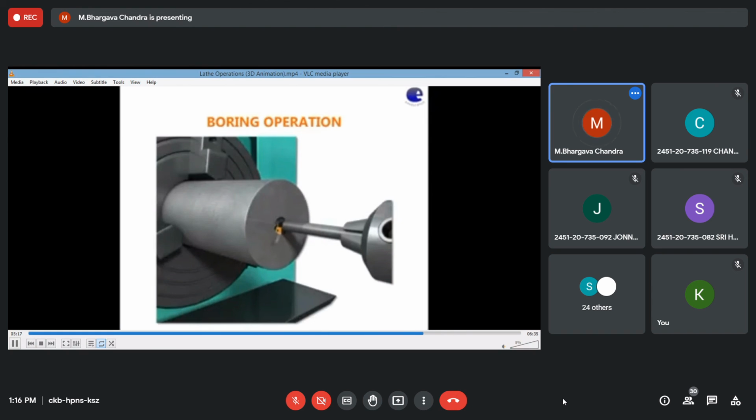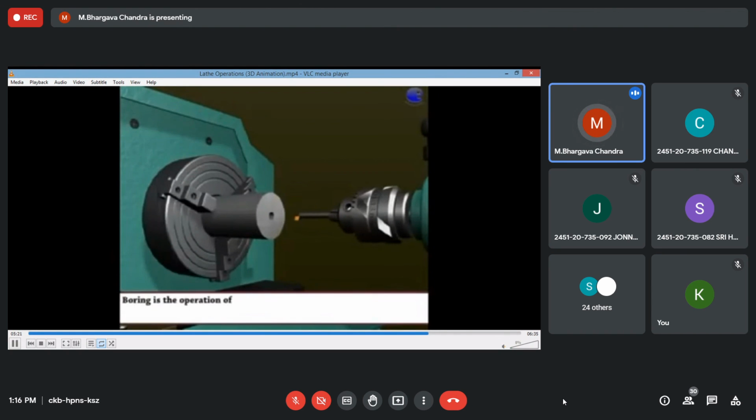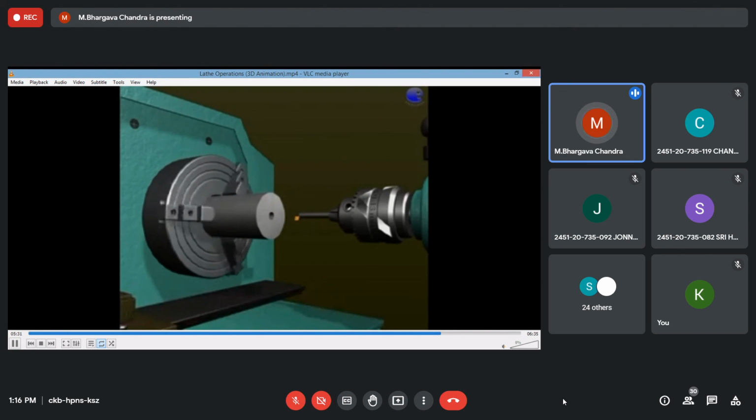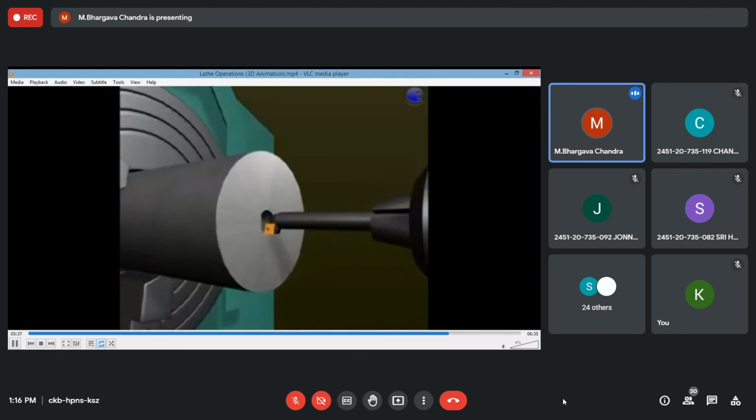Boring operation. Just see the tool bit there. Its positioning is totally different here. Just like the superficial turning, the same turning is done internally. You can just see the relative contact between the tool bit and the workpiece with respect to the hole.